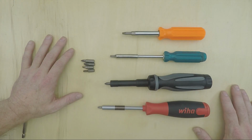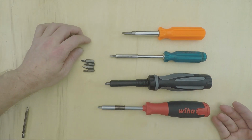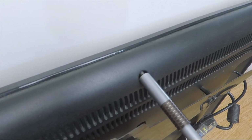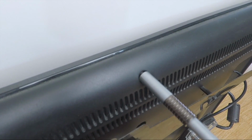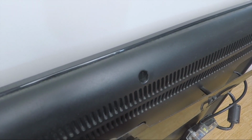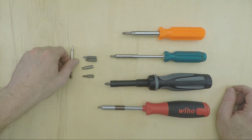Finally, I want to talk about a problem all of these tools share, which is that the hex socket at the tip makes the shaft too thick to reach into tight spaces. It doesn't matter what kind of screw is down at the bottom of that hole if my driver is too fat to get a bit on it. This problem is basically unavoidable with these short hex bits, which is why I think long bits are a smarter